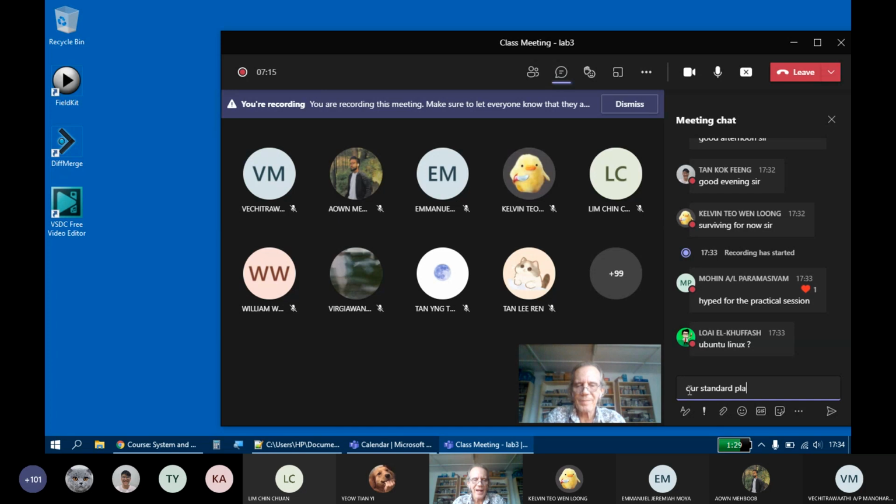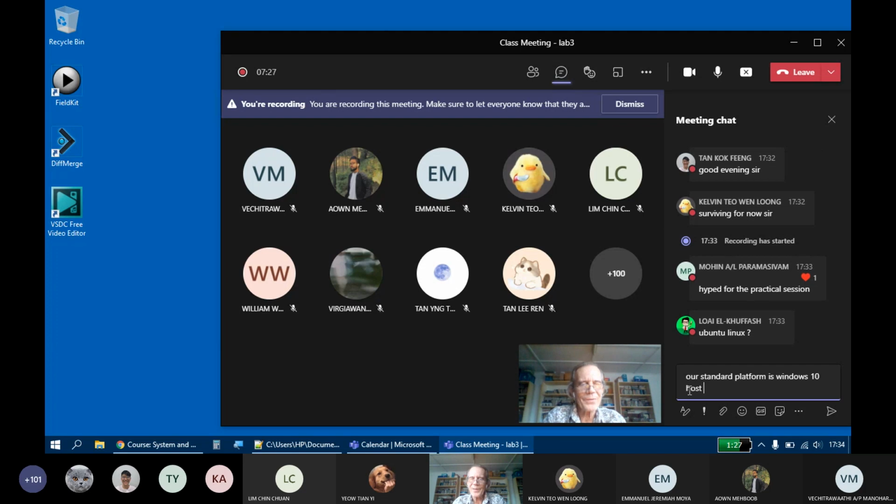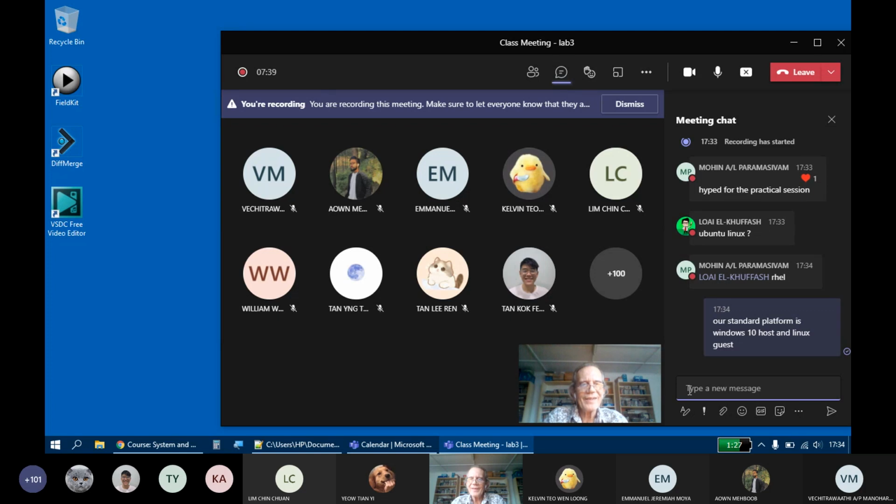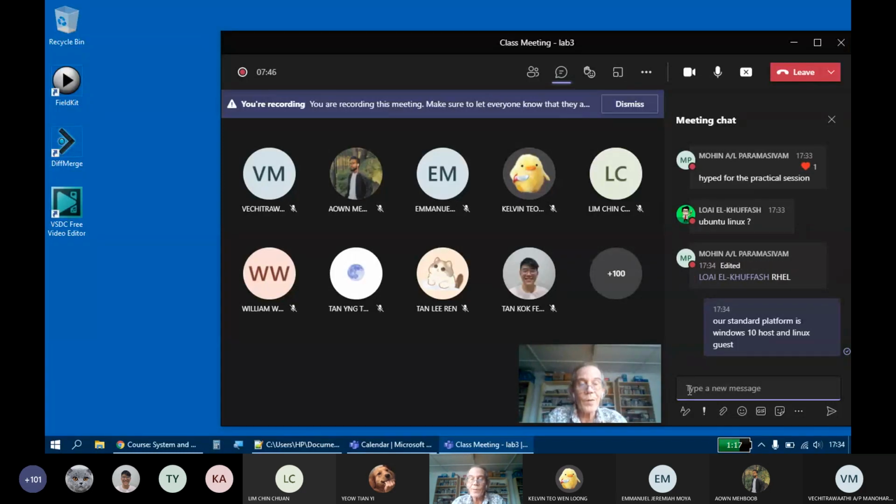Our standard platform is a Windows host, or Windows 10, just so I don't get confused with my other one that's Windows 7. And Linux guest. We are not using Ubuntu, because Ubuntu has a lot of overhead that is, strictly speaking,